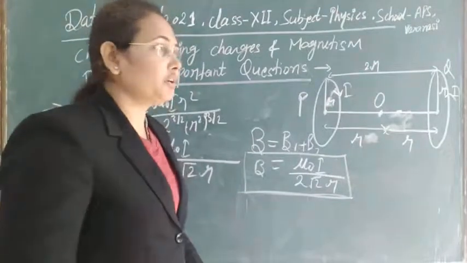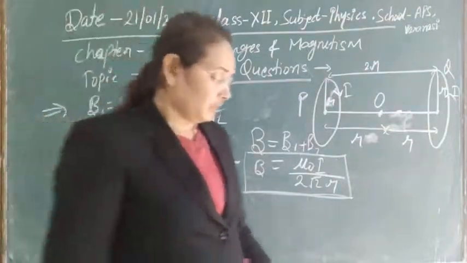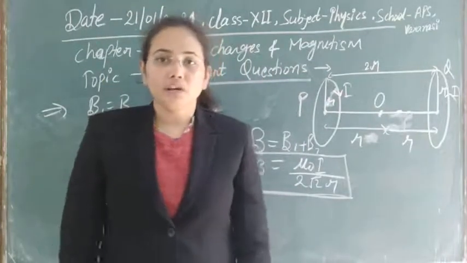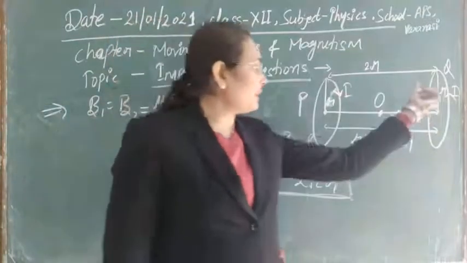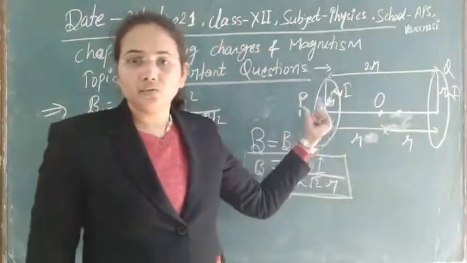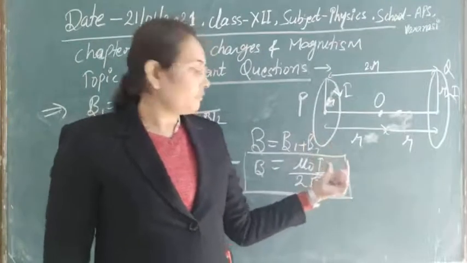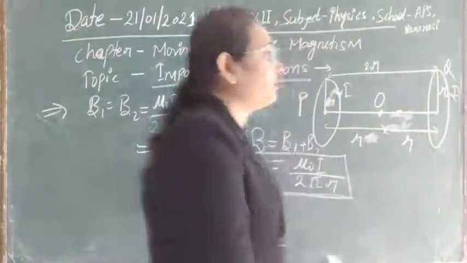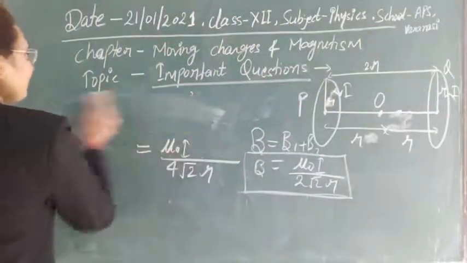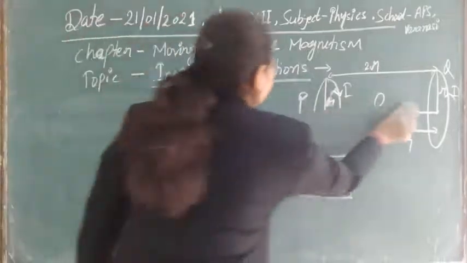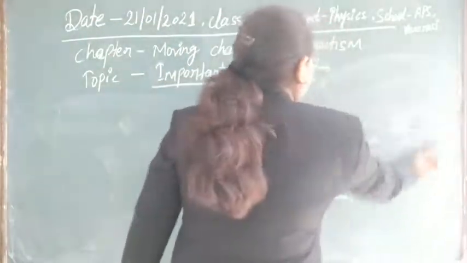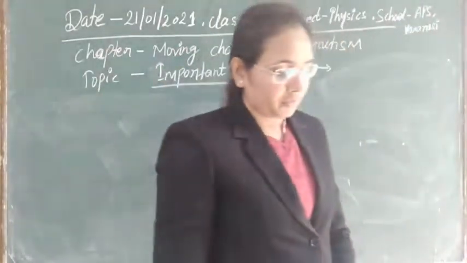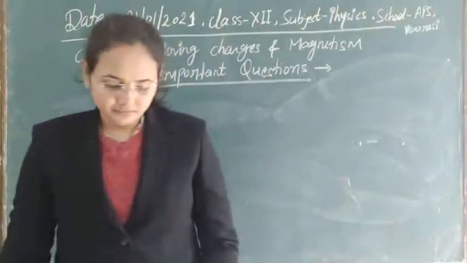Obviously, as I told you, if you use the thumb rule here, then with the help of that you can easily find the direction of the magnetic field. That direction will be towards P. So towards loop P will be the direction of the magnetic field here. This is one example that we have taken from the concept of magnetic field due to a circular loop at axial points. This is also an application of the Biot-Savart law. Next question, let's see that.